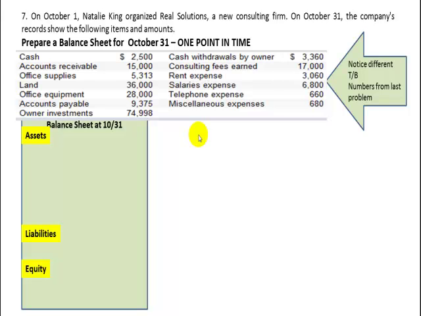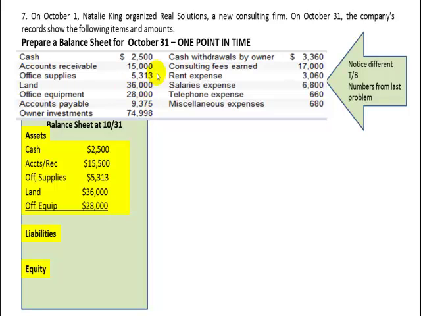Now, I'm going to list the assets first. We've got cash, $2,500, accounts receivable, $15,000, office supplies, $5,313. We've got land of $36,000. Office equipment is going to be $28,000. That's all our assets. Let's see, do I have a total here? I do. I have a total of assets of